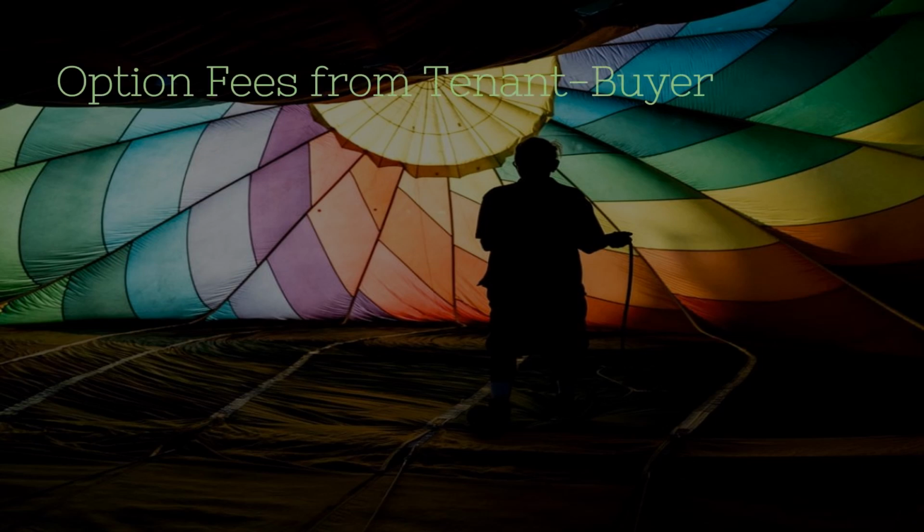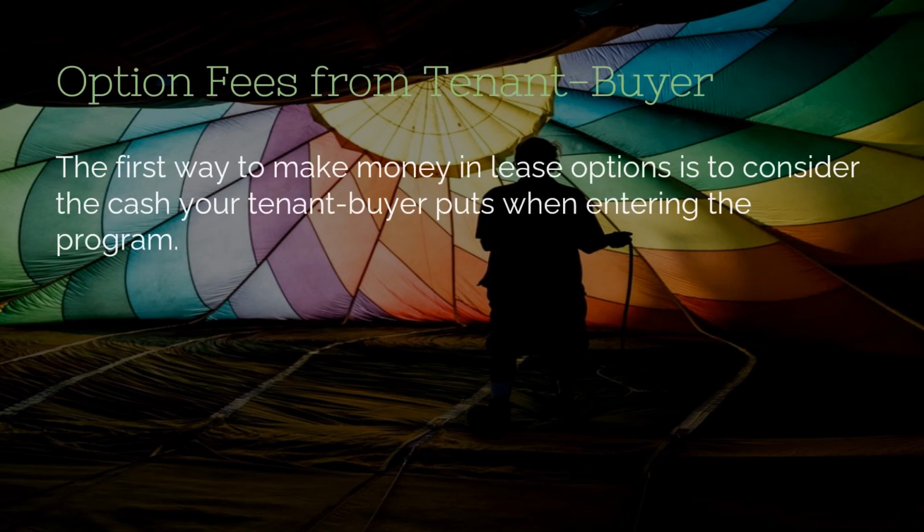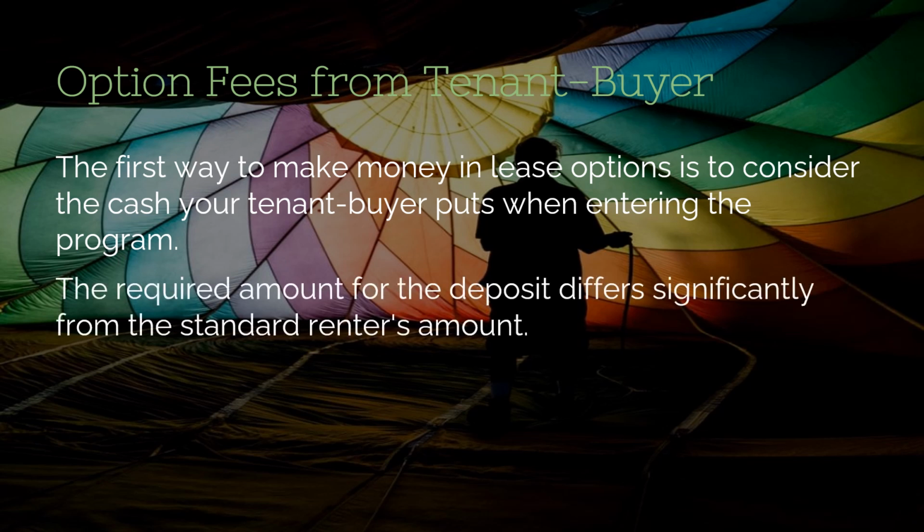As we discussed, the first way to make money is through the option fee, which is option consideration, the cash that your tenant buyer puts when entering into the agreement. The amount required for the deposit or the option fee differs significantly from the standard renter amount. A normal tenant pays the first and perhaps the last or the security deposit. But when you are doing an ALP lease option agreement, you are almost taking like 6 months to 1 year of payments as the deposit, which helps you